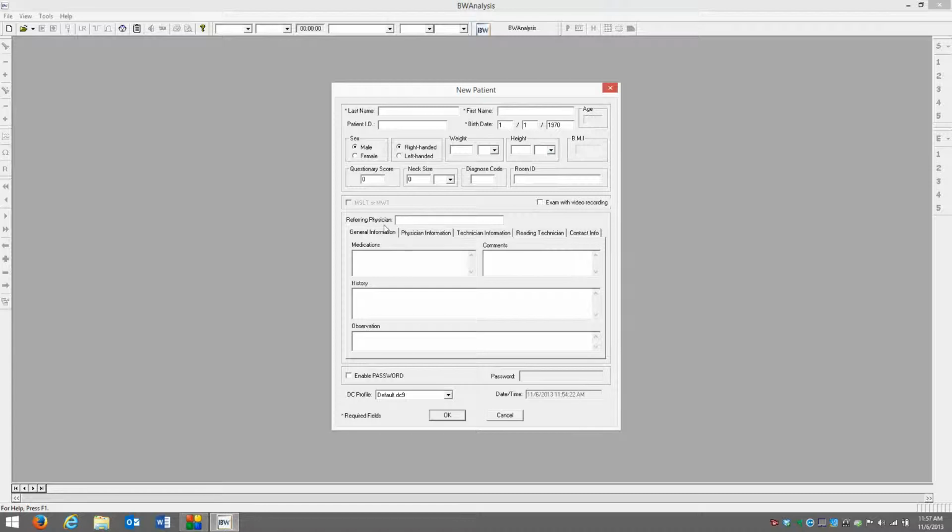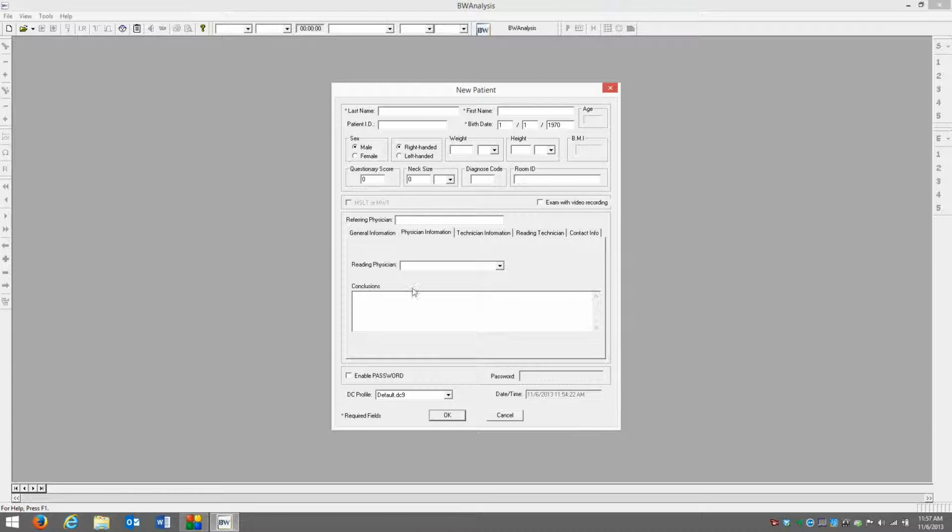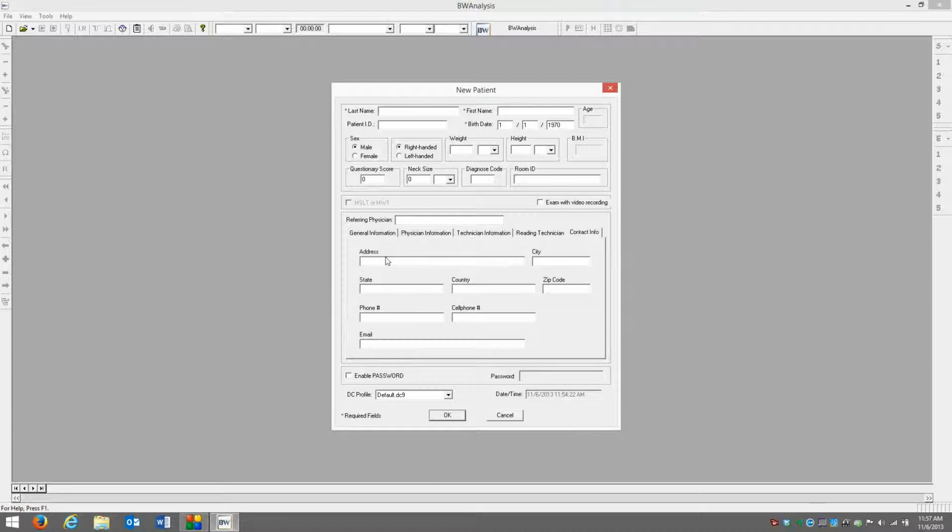You have referring physician, and you have 5 tabs. You have a general info tab, which includes medication, comments, history, observation. You have a physician tab for reading physician. You can type in the name of the physician, or you can customize a drop down for the different physicians where they can type in their conclusions. You have 2 tabs for technicians where, same thing, they can type in their name or pick from the drop down and type in their comments. And you have contact info of the patient. Once you're ready to get started,